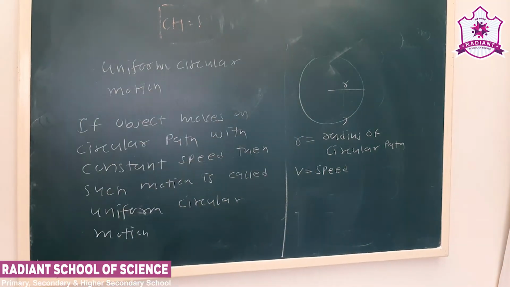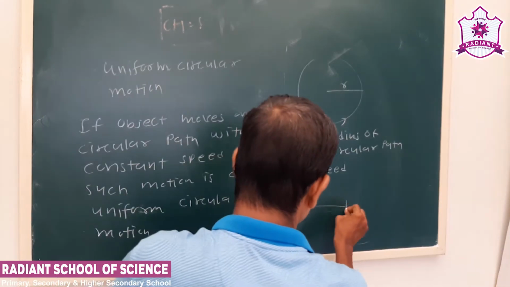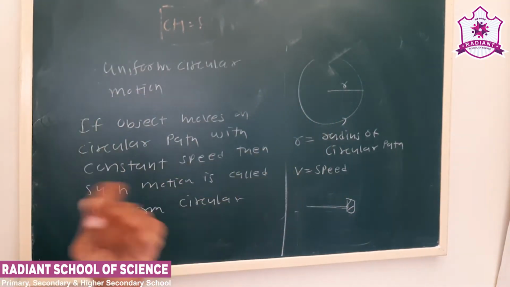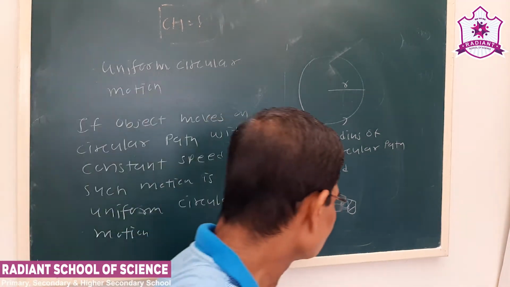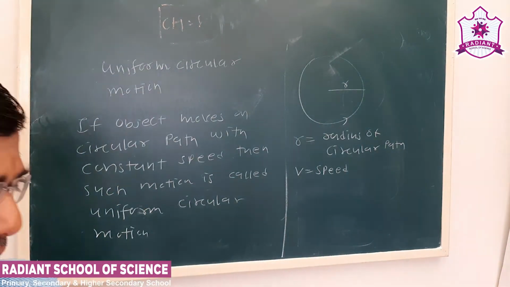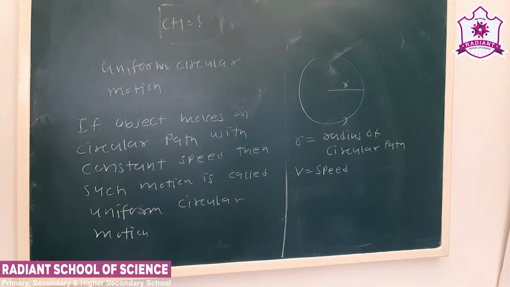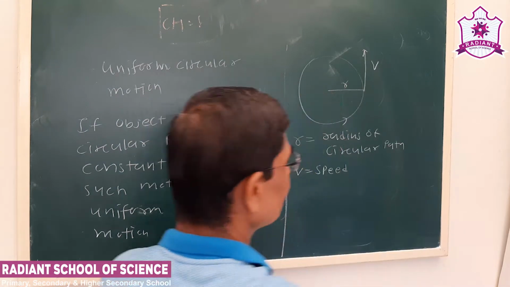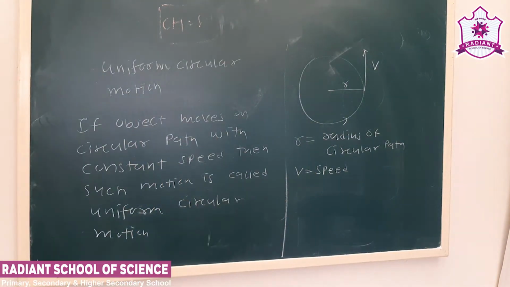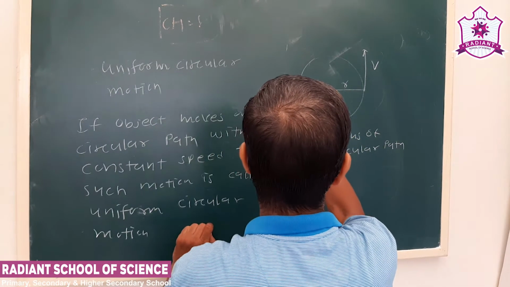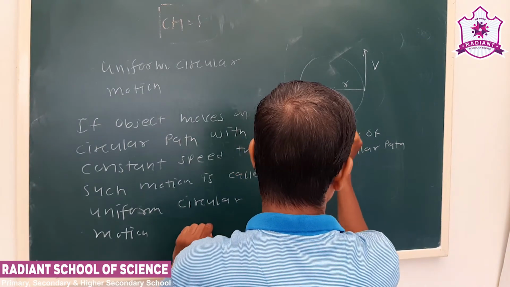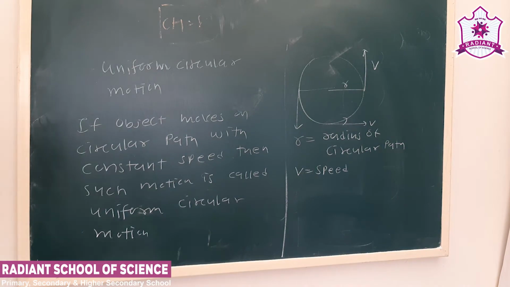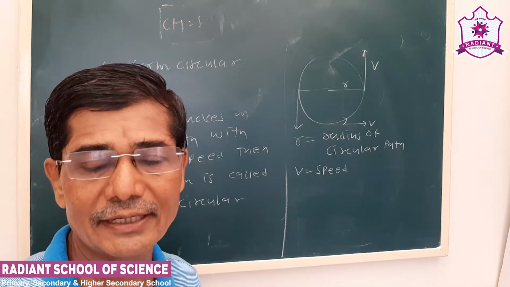Okay. Now all of you are familiar. Suppose a stone is there, you tie it with a string and you whirl it in a horizontal plane. That is also an example of uniform circular motion. Now see uniform circular motion, the velocity is always tangent to the circle. You will study more regarding this in the higher standard, but right now we have to remember this. The velocity is always tangent to the circle.